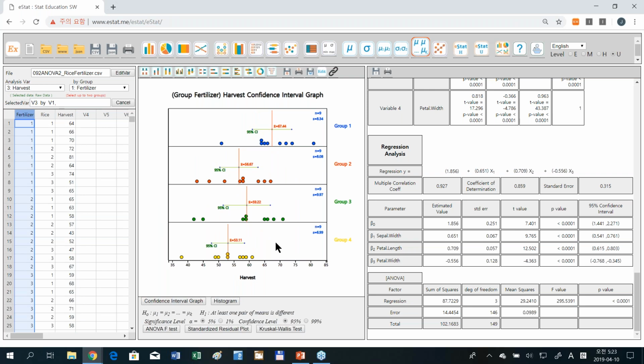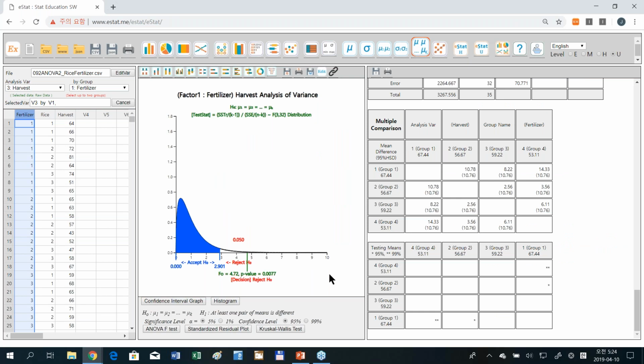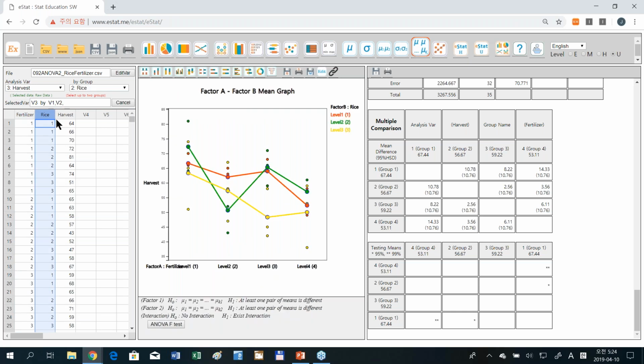This is a Tukey EDA design. You can compare the means. Here you have the ANOVA output like this, and not only the ANOVA output, you can see where the F observation is in the ANOVA table. If you add one more variable, then you can have a two-way analysis of variance, and it will show you the standard graph like this, and then it will give you the ANOVA test like that.